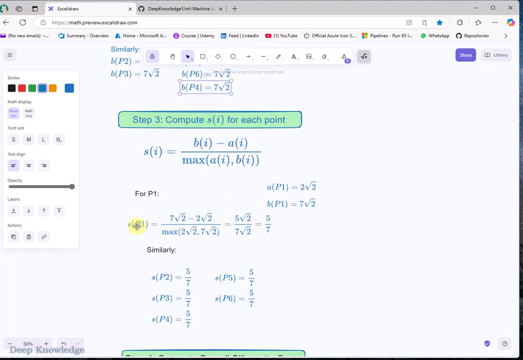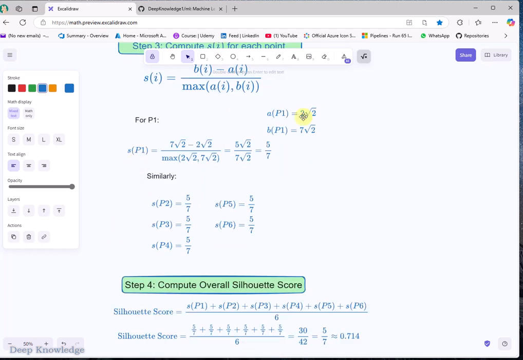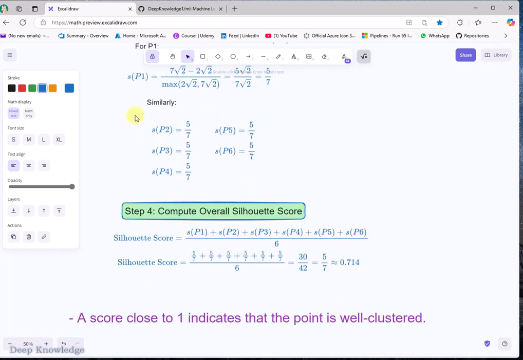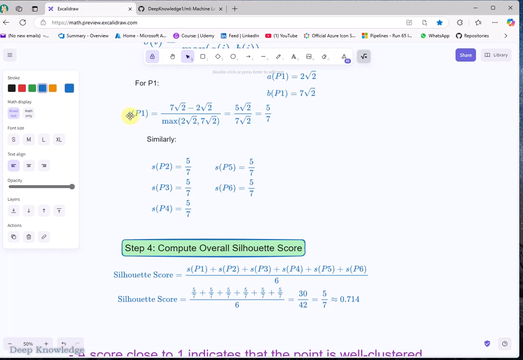So we have here, for instance, for the first point, 2 multiplied by the square root of 2, and this 7 multiplied by the square root of 2. And you can see this is A and this is B. Then B minus A divided by the maximum value, it will be 5 divided by 7. And we will also do it for the other points in all clusters. Let's say we have 2 clusters. We'll see B2, B3,